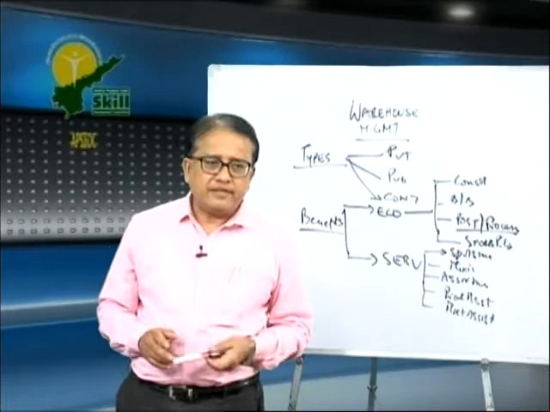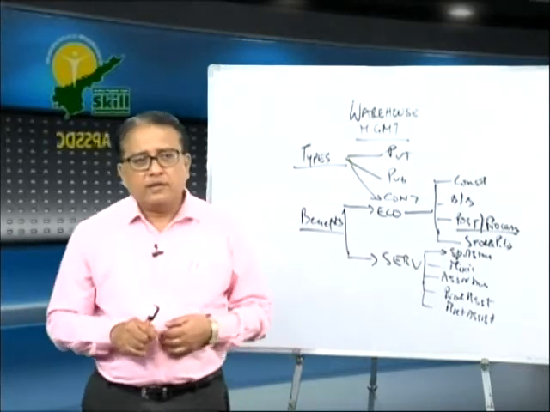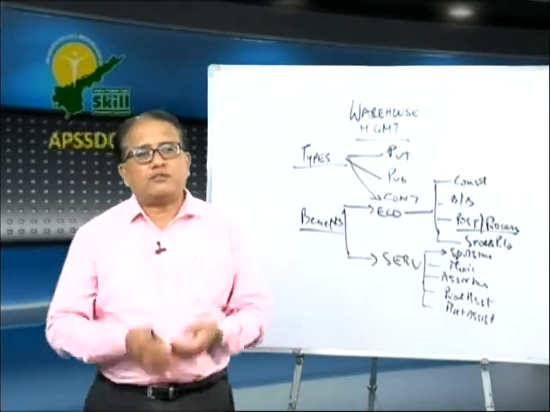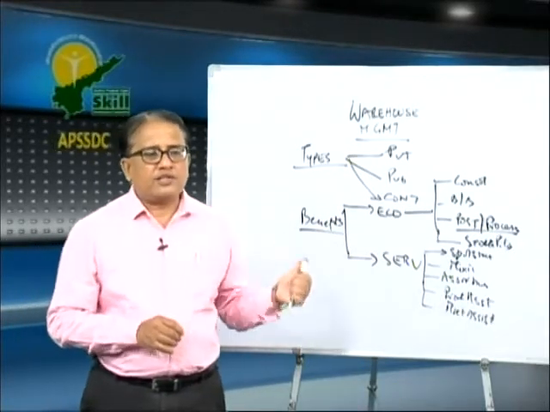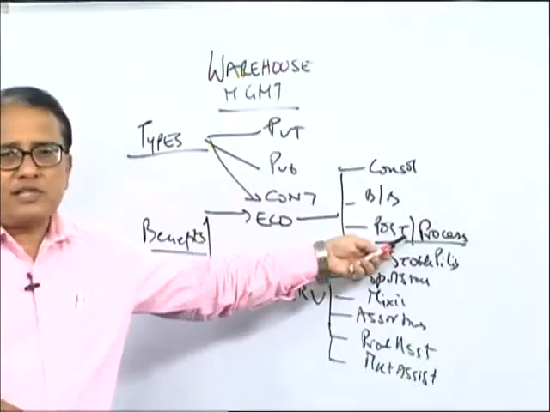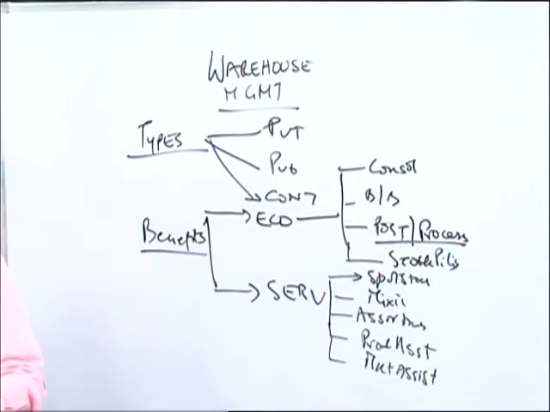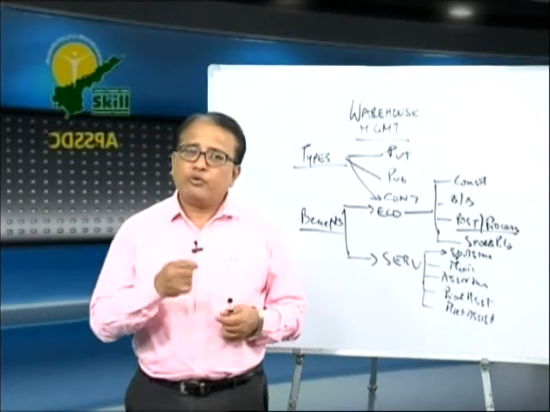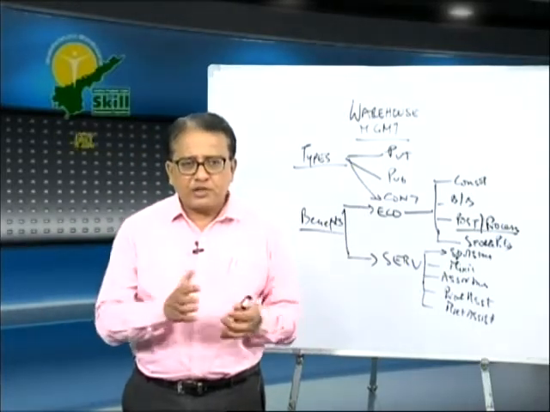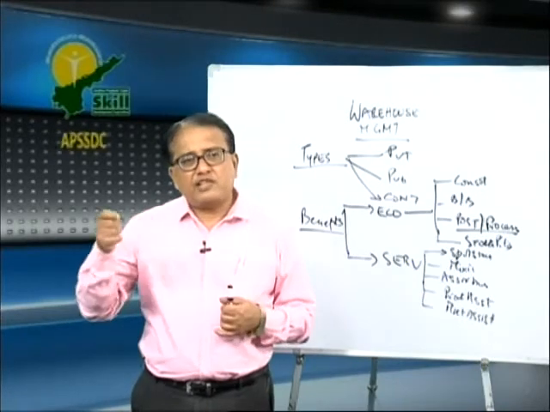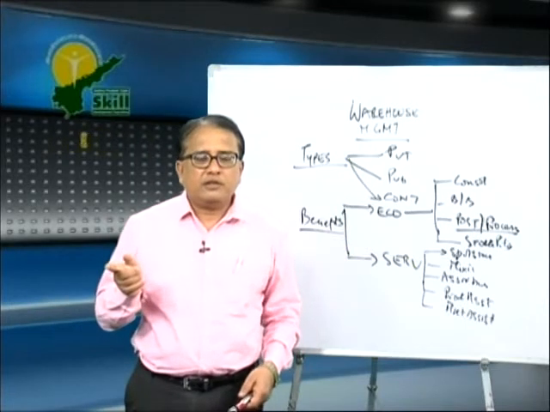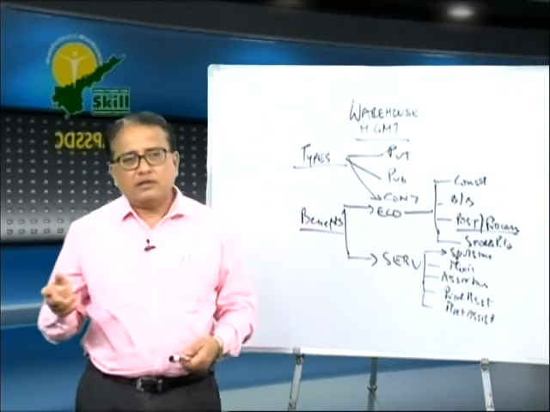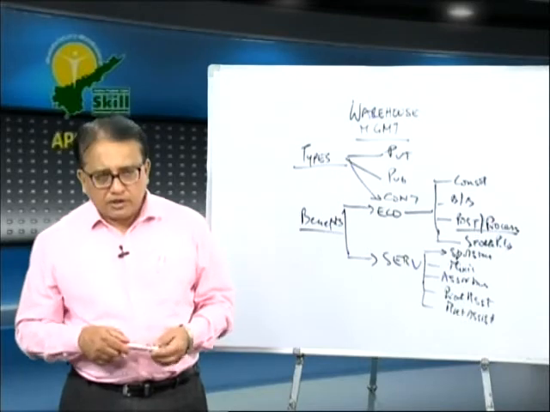As soon as an order arrives, as soon as a demand from a customer is known, the warehouse functions: they process the shipment in terms of packaging it. So long, the shipments were lying in the warehouse without being packed, without being labeled. So, certain processing happens in terms of packaging and labeling, and then the shipment is delivered to the customer as soon as the delivery requirement is known.